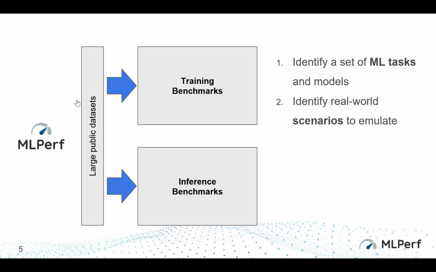It's either an offline mode, it's a throughput-oriented mode, or you have a service scenario where you have some sort of Poisson distribution of requests that are coming in at some sort of interval, and that's what's actually getting subject to the model. Or you have something like in a smartphone case where you give it a picture and you effectively just do the inference on one image. Right? So there are these different scenarios that are happening. Take an autonomous car, you might have multiple streams that are concurrently coming. So that's a very specific way of understanding how the model is actually going to perform on a piece of hardware. So we try and capture what these different scenarios are, and that's the second step after you've identified the task.